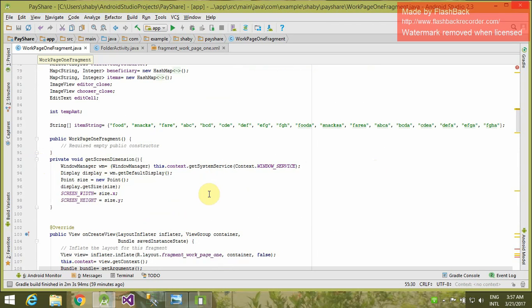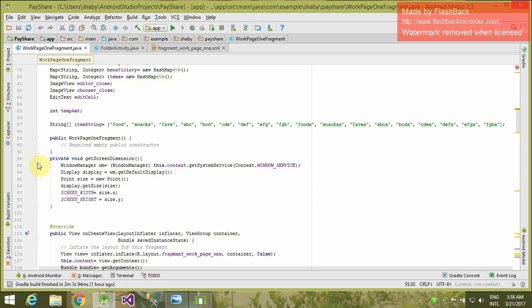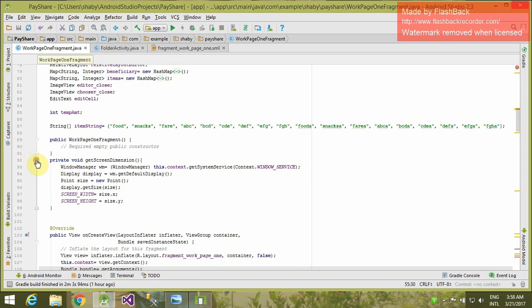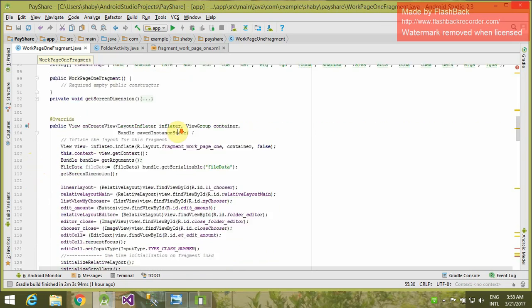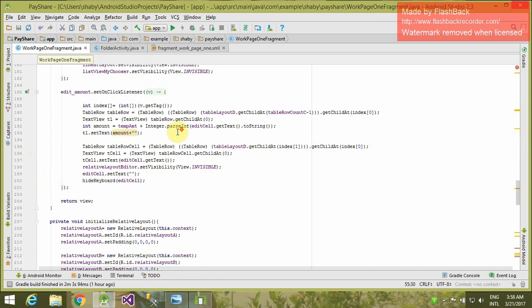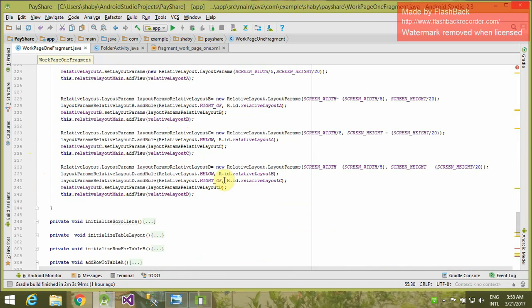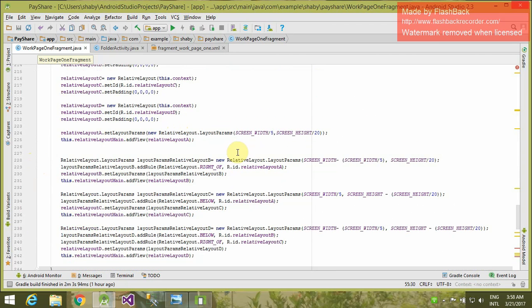The benefit of finding screen width and screen height is that whatever the size of your Android device is, the dimension of the cell will adjust according to its size. So it will not create a problem if I use it on a smaller screen device or a bigger screen device. Our relative layout initialization is done.